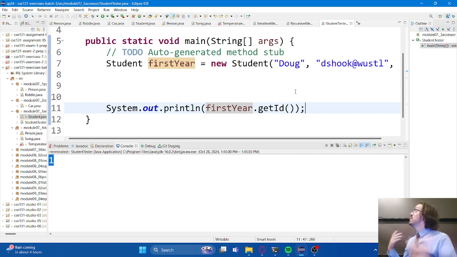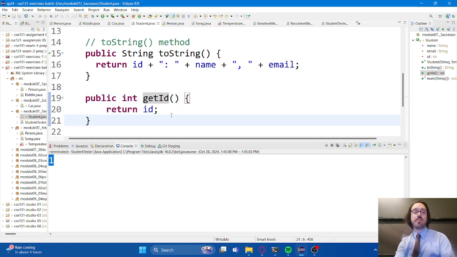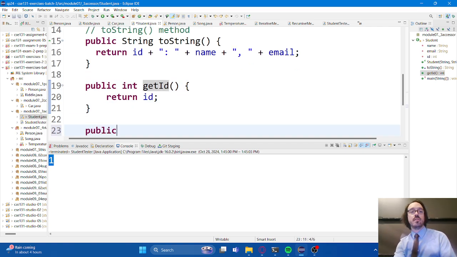If you want to change a value, I don't think ID is a good one to use a setter for, but email addresses can change, names also can change, right? People can change their names if they want to. So those might be reasonable ones to have setters for. Let me write a setter for you. Just like getters, they're going to follow a pretty similar format. The return type is going to be void. I'm not giving you anything. I'm taking something in and changing a value.